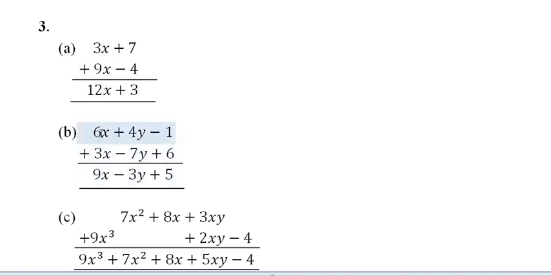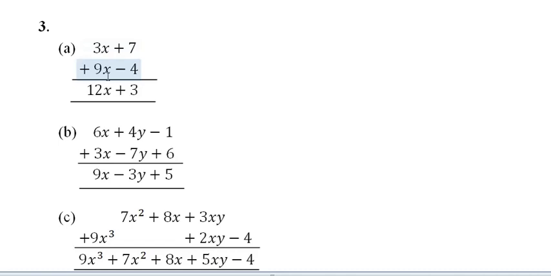So similarly we have x and y, they are different terms, so we cannot say 6x plus 4y is equal to 10x or y. We cannot say this, because the result of these two, 6x plus 4y, is equal to 6x plus 4y only. Okay,